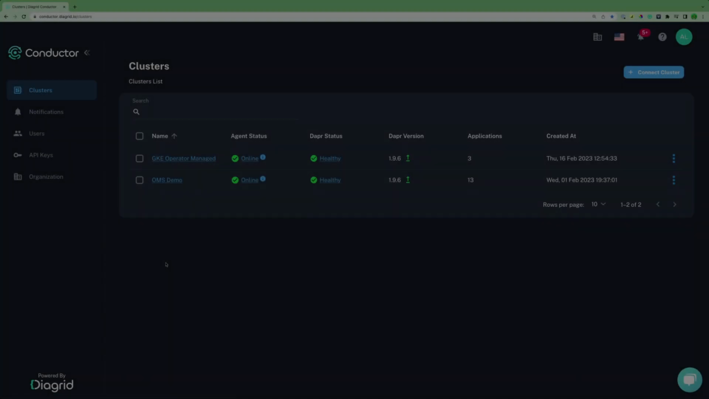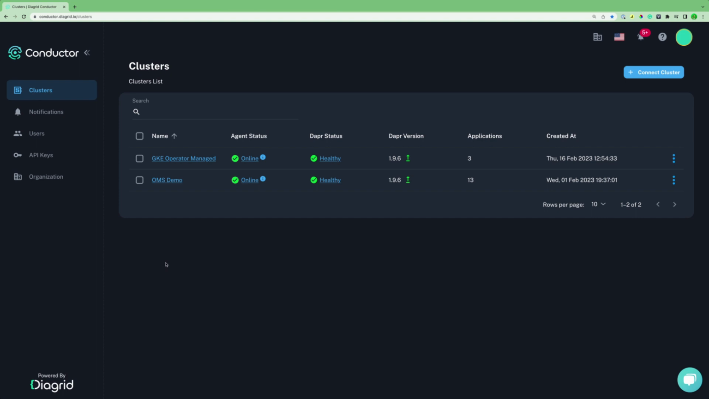By letting Conductor take control of your Dapr installation on Kubernetes, you get fail-safe, zero-downtime upgrades that can be continuously monitored during rollout. Looking at the cluster dashboard here, you can see that both my clusters have upgrades available to Dapr version 1.10. New versions are loaded into Conductor within hours of becoming available in the Dapr upstream project. You can also try out release candidates for new versions to ensure you're keeping up to date with the latest